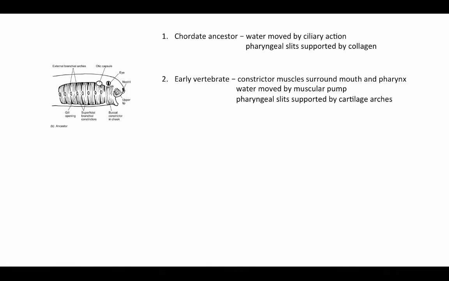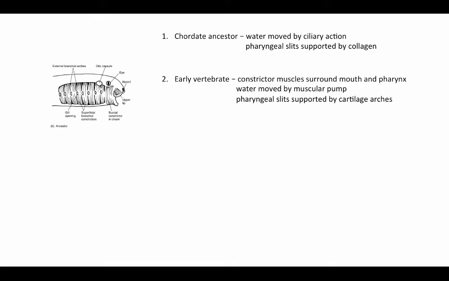structures. In the second phase, we can think of as early vertebrates, we start to see constrictor muscles surrounding the pharynx. So now the pharynx can work as a muscular pump to move water through. The muscles are going to contract and squeeze and decrease the volume of the pharynx, and that will push the water out through the pharyngeal slits. And when they relax and open up again, that's going to increase the volume of the pharynx and draw water